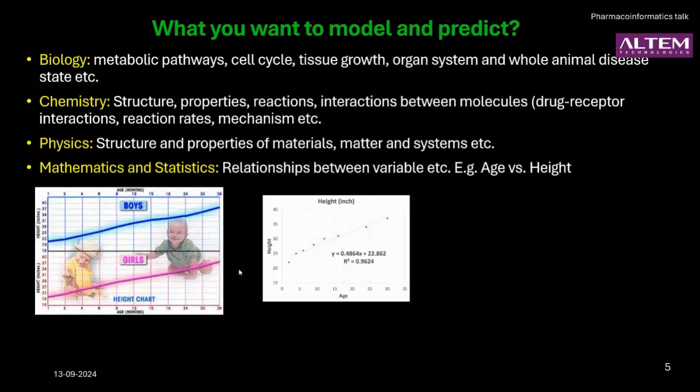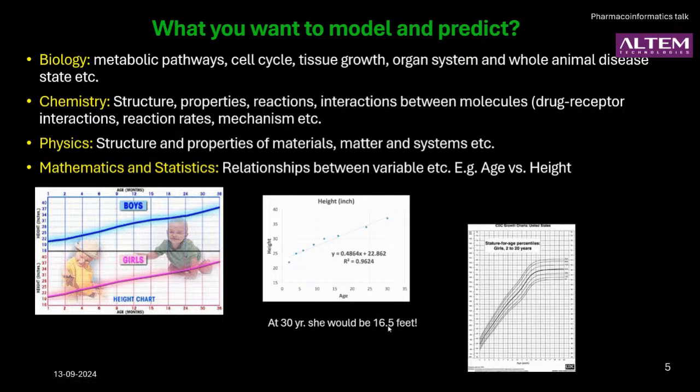For example, one can easily identify the average height of a child or infant as they grow older, and you may plot that data in an Excel sheet, and you will get this simple model. So if I know the age of the person, I can know their height. Can I apply this model to my particular case? Suppose I have a child and I want to predict their height at the age of 30. Can I simply use this model to predict their height? If I do so, I end up getting a very absurd answer.